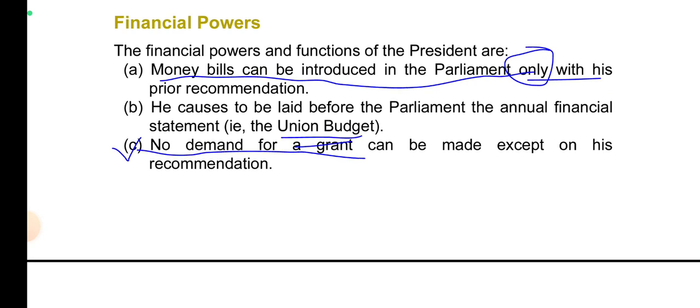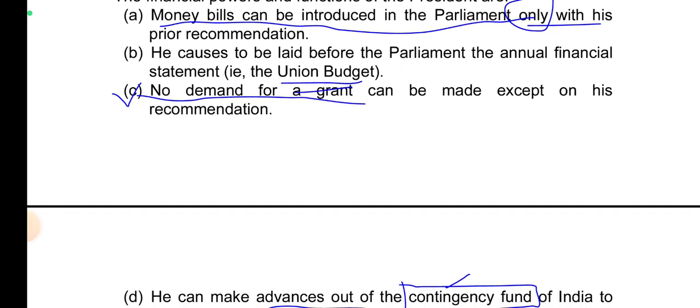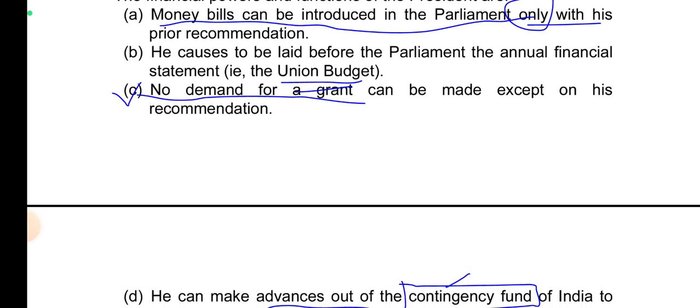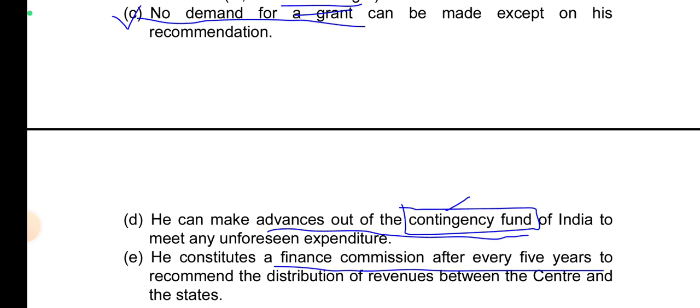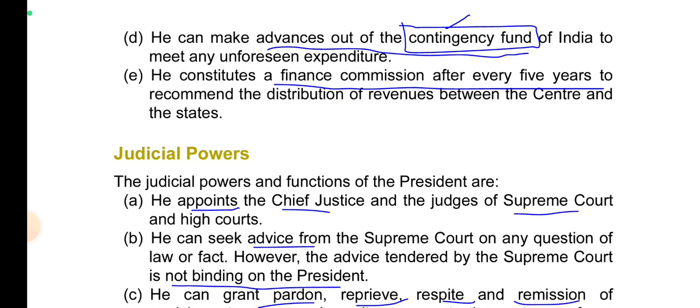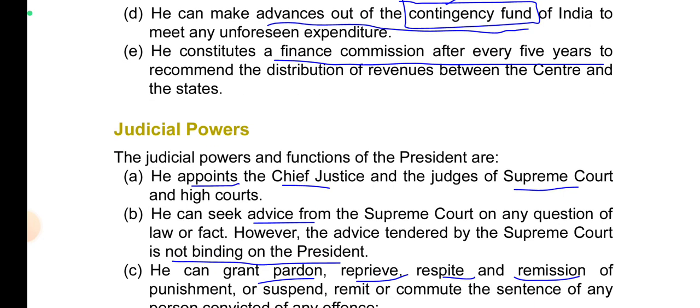The financial powers and functions of the President are: money bills can be introduced in the Parliament only with his prior recommendation. He causes to be laid before the Parliament the annual financial statement, the Union budget. No demand for a grant can be made except on his recommendation. He can make advances out of the contingency fund of India to meet any unforeseen expenditure. He constitutes a finance commission after every 5 years to recommend the distribution of revenues between the center and the